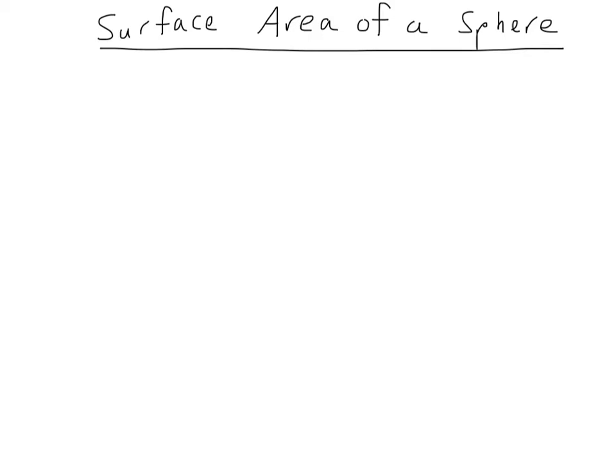So the surface area formula for a sphere is 4 pi r squared. Now, for the purposes of this video, you're just going to take my word for it that this is the formula. And if you want a silly way to remember it, you can think of it as 4 circles, 4 times pi r squared. So if you were to paint the outside of a sphere, you'd paint it with 4 circles worth of